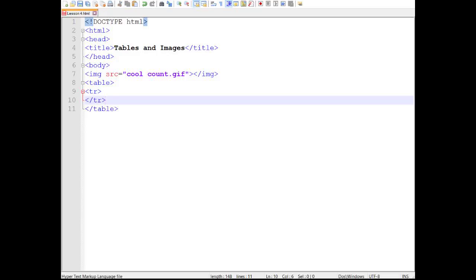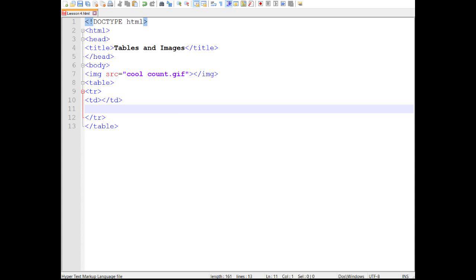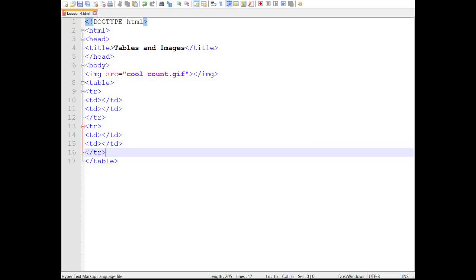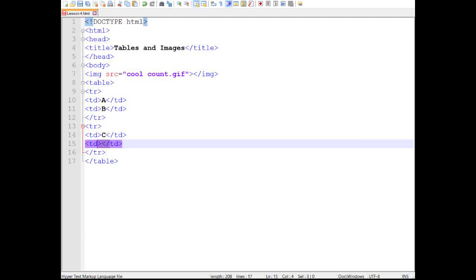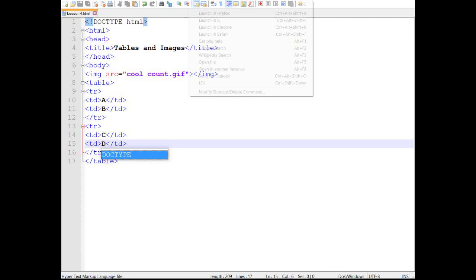So now what you want to do is type in between these gaps: td /td td /td. The number of times you do the tr and the tds is the number of rows and cells you're going to get. So now let's type in A, B, C, and D, and if we save that now and run it in Chrome,